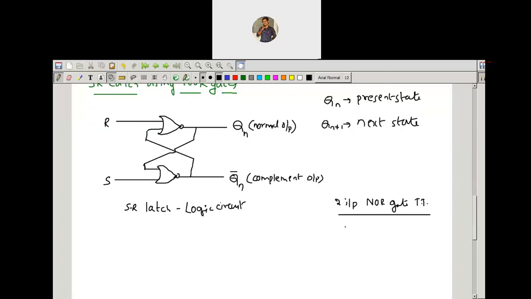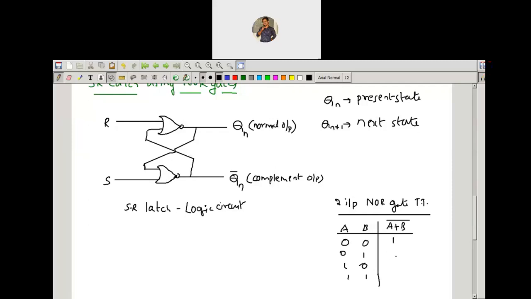For example, you have 2 inputs A and B, and for the NOR gate the output is A plus B whole bar. The 4 combinations are 0 0, 0 1, 1 0, 1 1. With these combinations, you know the table for this NOR gate. So what is the output for A value 0, B value 0? Please post your answer in the chat box. I need your attention, whether it is wrong or right, I don't bother. It is going to be 1. When 0 0, the output will be 1.